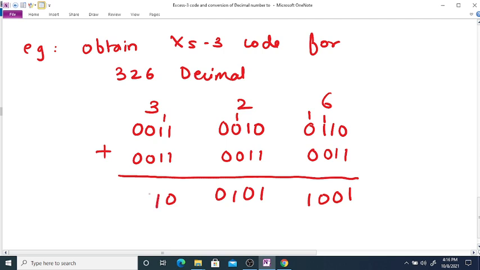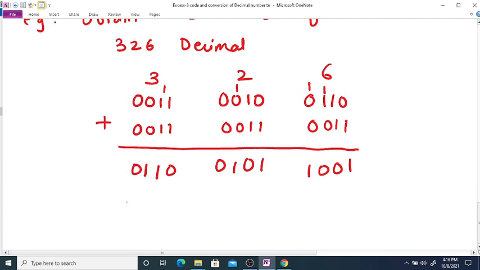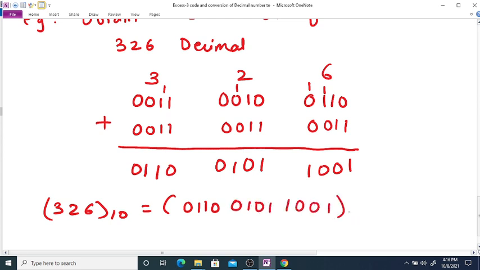So 1 plus 1 plus 1 will give us 1, 1, and finally 0. So this will be our answer for the given decimal number. So 326 decimal is represented as 0110, 0101 and 1001 in XS3 code. Thank you.